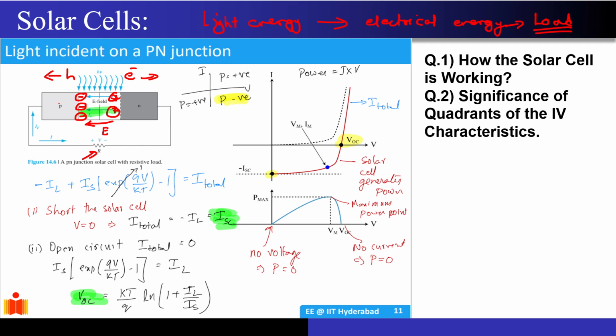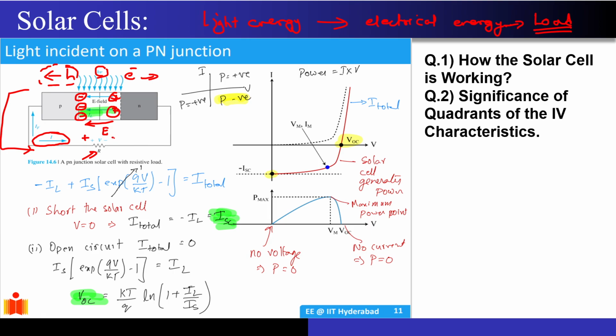So I will get a current in the same direction where the movement of holes is happening, and this is what has been shown over here. So the current will flow something like this. What is this current? You can call this a photocurrent, because that current was generated because of the photons that are getting absorbed in the semiconductor material. Now since I have connected a load across this PN junction, when this current starts to flow through this resistor, it will develop a potential in this particular direction.